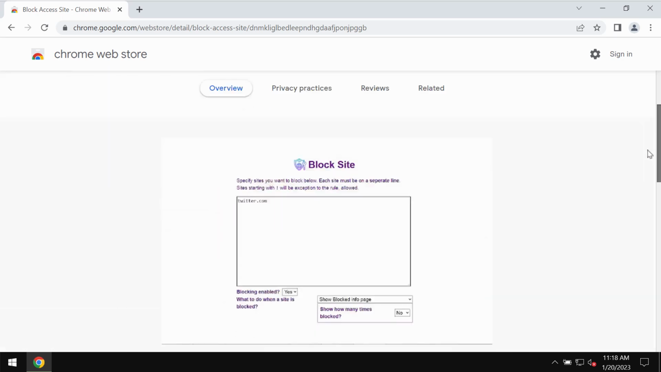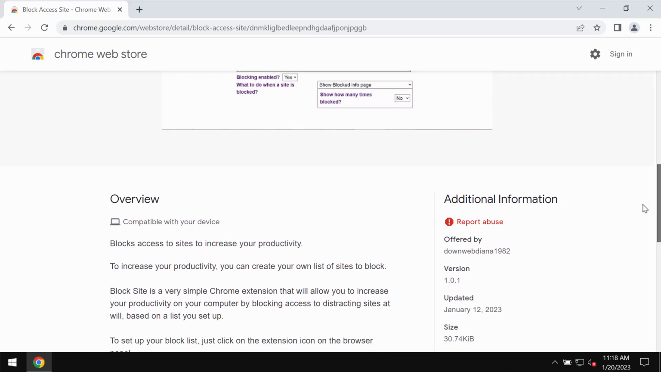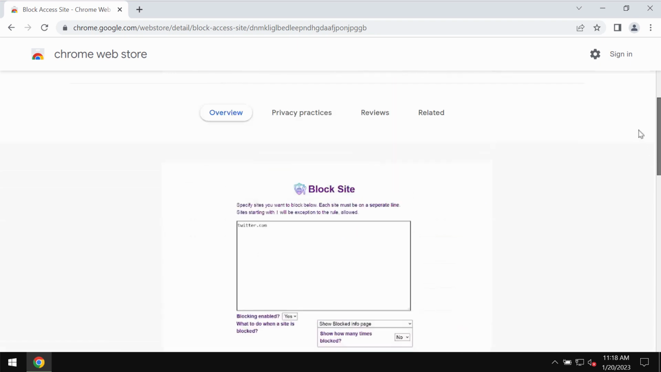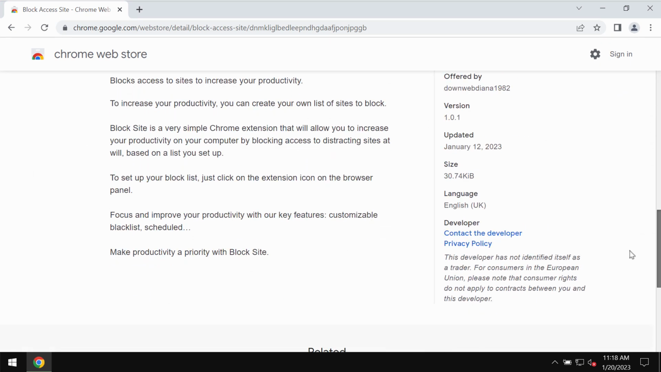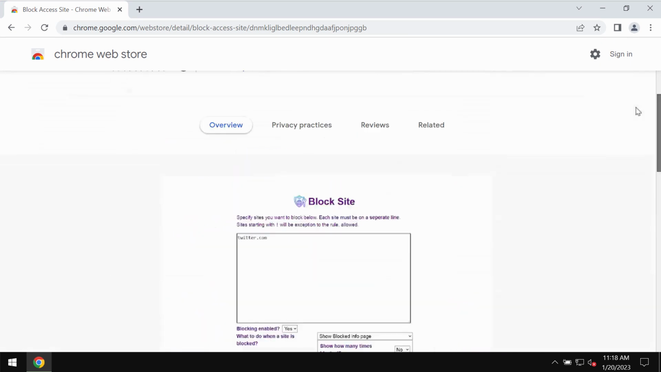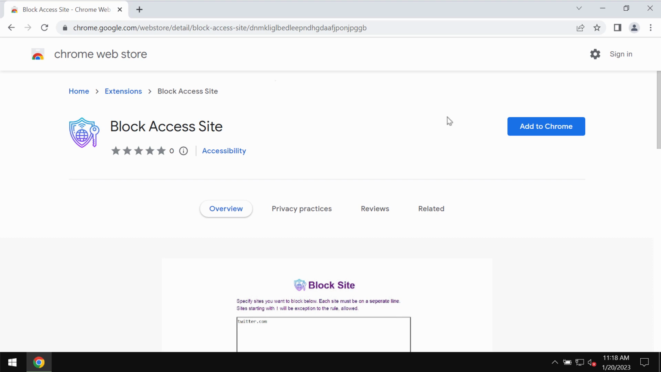This extension indicates that it can help block access to sites to increase your productivity. Maybe this feature is good for some people, but the trouble is that this particular extension actually operates as adware. Once installed, it starts to show a tremendous portion of intrusive pop-ups that are not related to the sites that